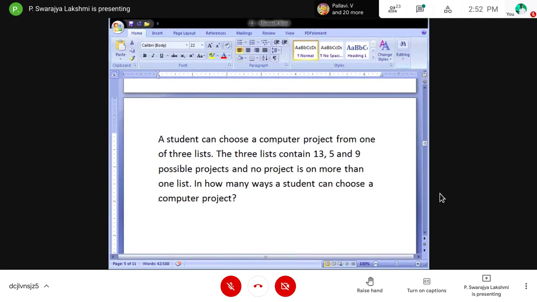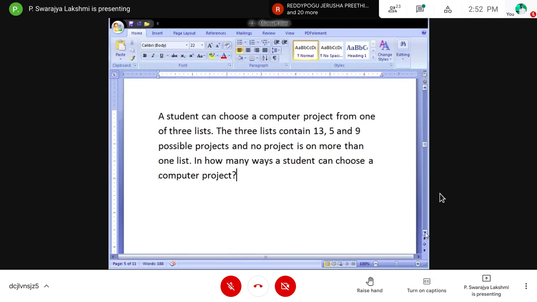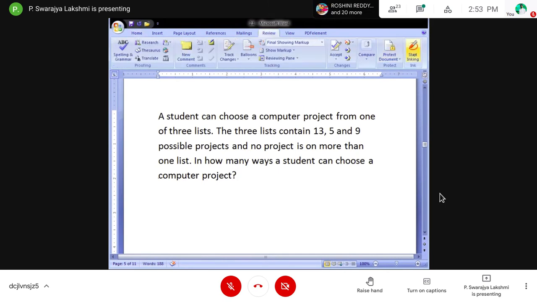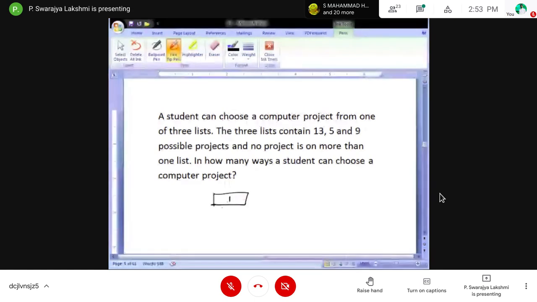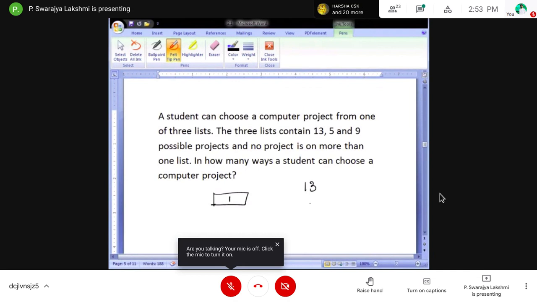Okay, the extended sum rule. A student can choose a computer project from one of three lists. We have to choose only one computer project. So one list consists of 13 possible projects, another 5 possible projects, and another 9 possible projects.